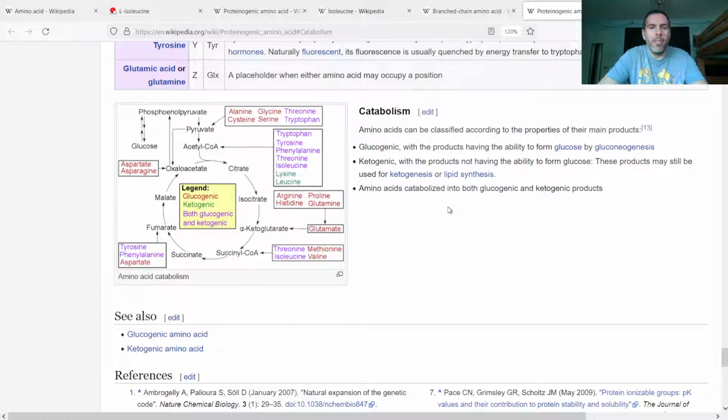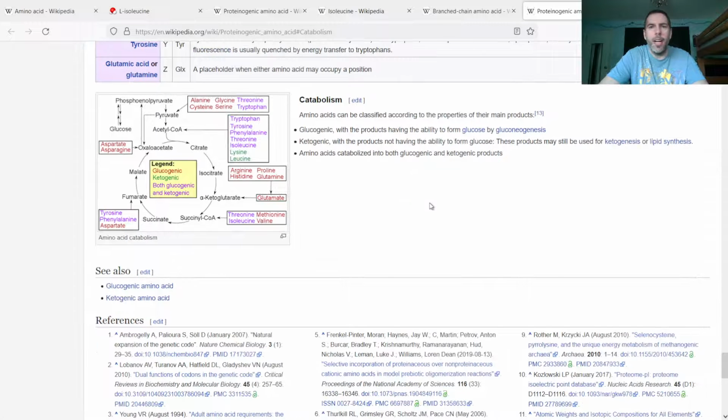The last thing I was going to mention is since it is hydrophobic, when it's in a protein, it'll usually be inside the protein towards the middle, in some hydrophobic pocket inside the protein. I'm thinking of more like a globular protein, or it would be on the outside of the protein in some hydrophobic environment, like in a lipid bilayer membrane.